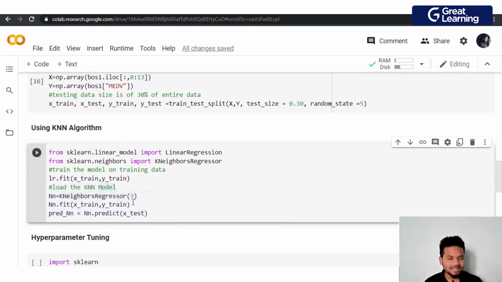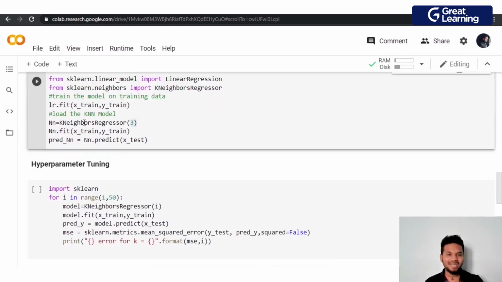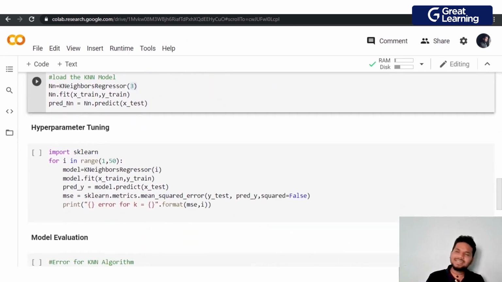But if you see in the bracket here, I put a parameter 3 for KNN regressor, right? This is me telling the machine learning algorithm, hey, use k equal to 3, right? As I showed you, as soon as I run this again, it's going to use the training data to learn. It's going to use the testing data to see if it has learned and all of that. 3 lines of code. Now, the next thing is, how do I know for sure that for the Boston housing